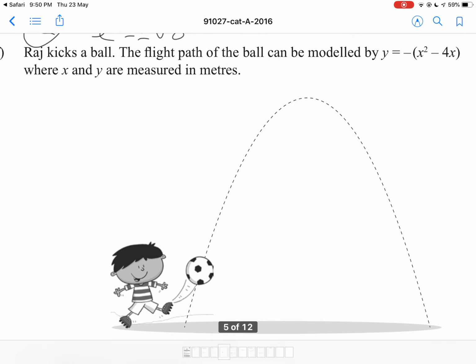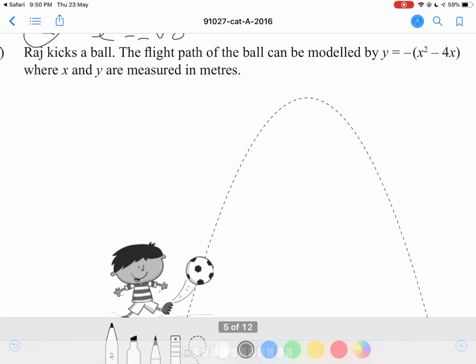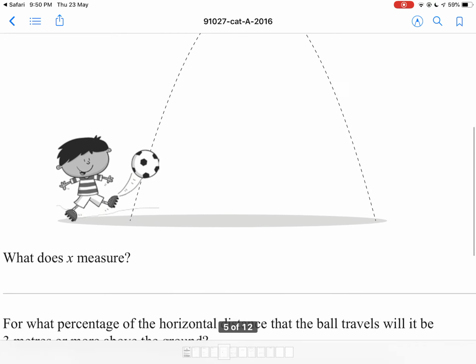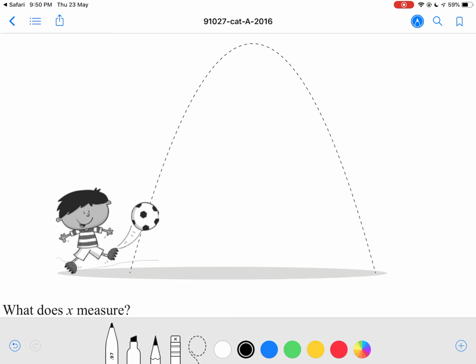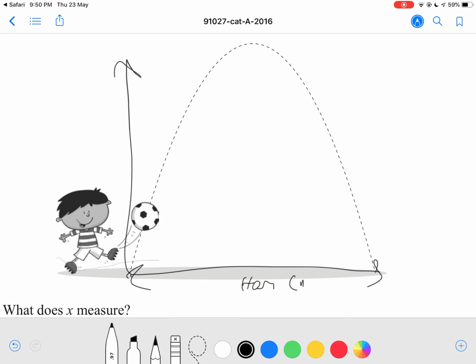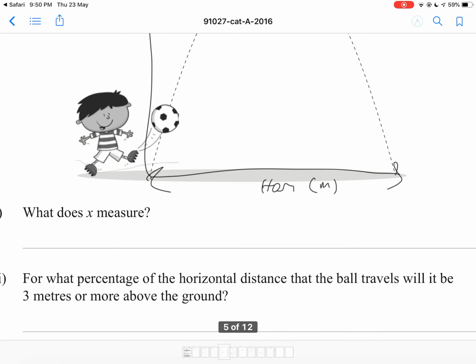Alright, next question. Raj kicks the ball. The flight path of the ball can be modeled by y equals negative x squared minus 4x, where x and y are measured in meters. What does x measure? So basically, this is the x-axis here, and the y-axis is here. So the x-axis measures, as you can see, the horizontal distance. So horizontal distance in meters, okay? So you can say that